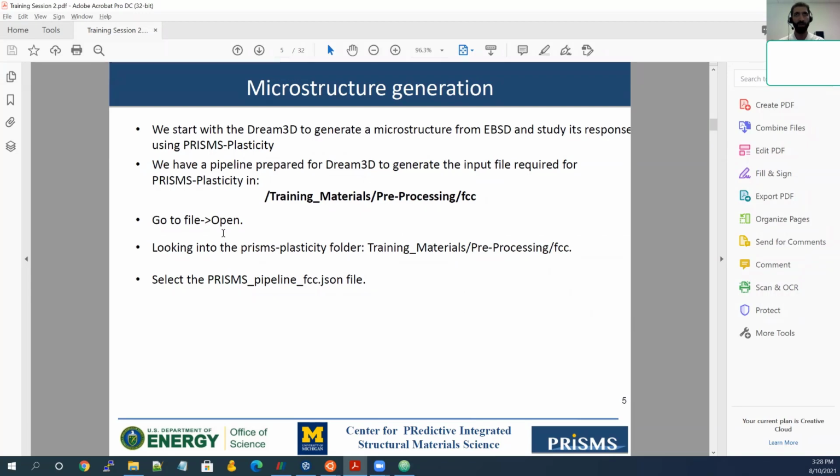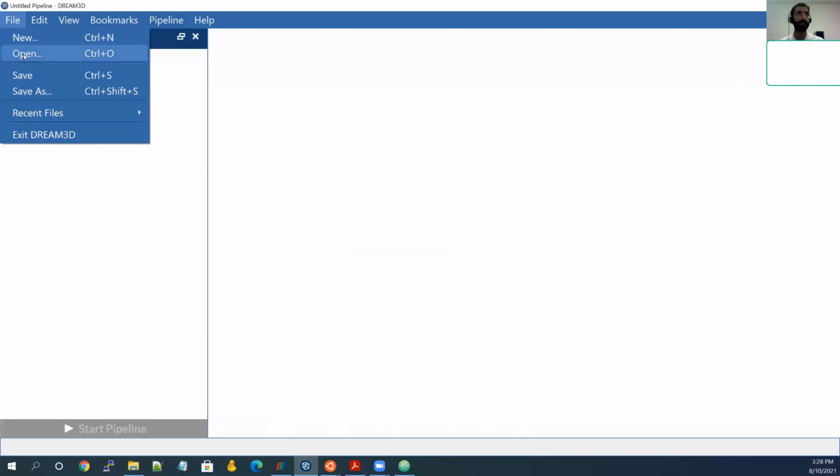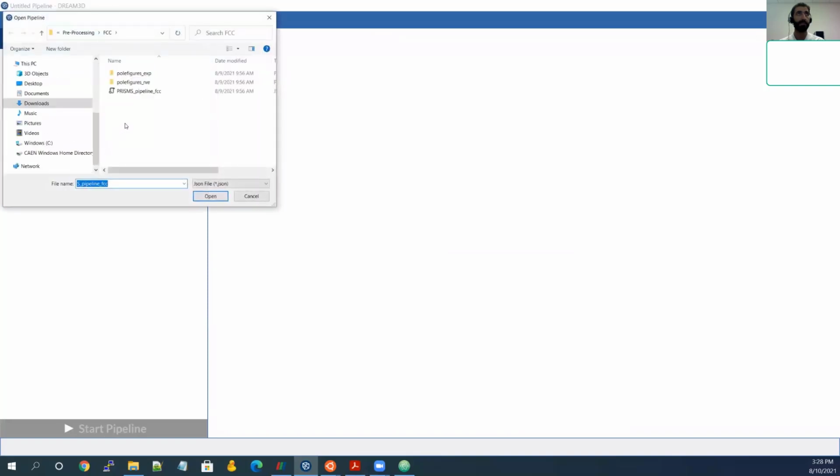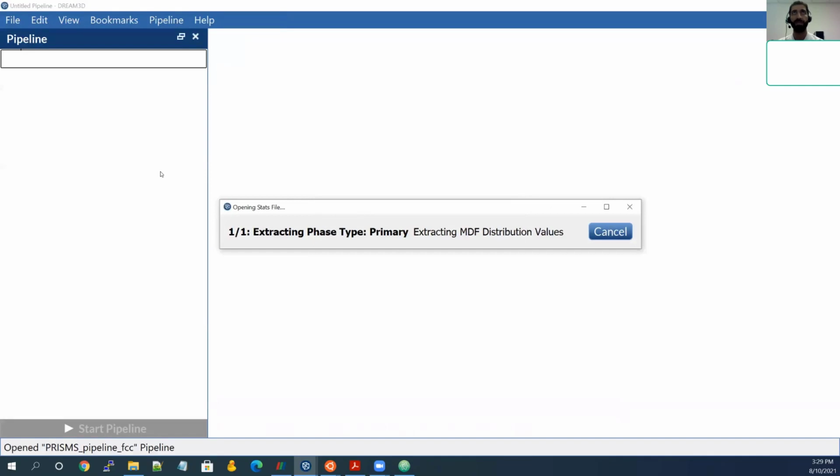To do that, we are opening the Dream3D and clicking on this, and we are going to plasticity, training materials, pre-processing, this time FCC, and the Prisms pipeline FCC. So after we open this,